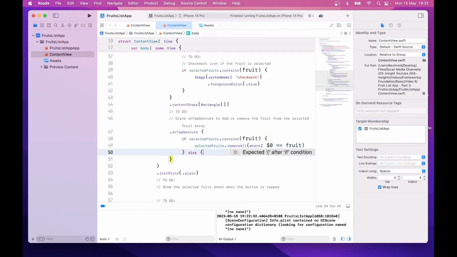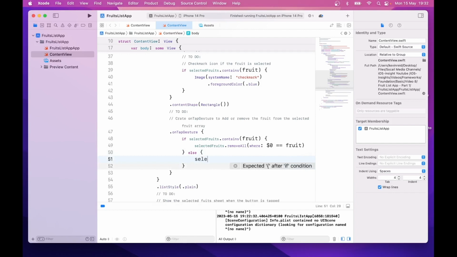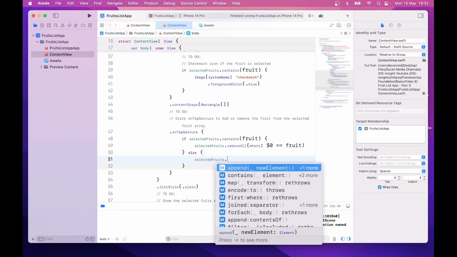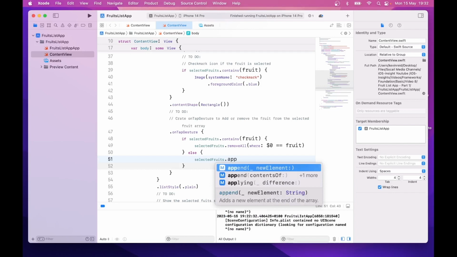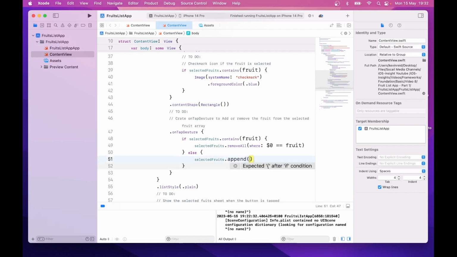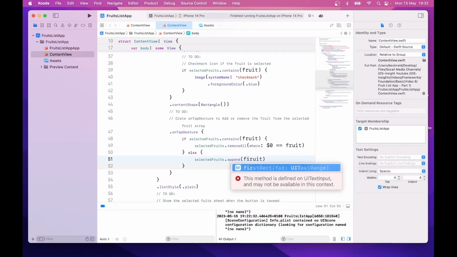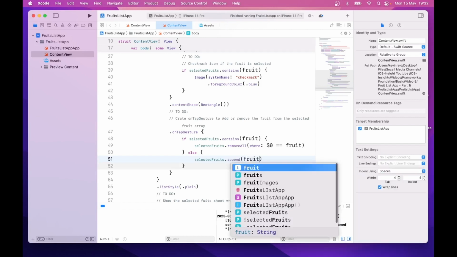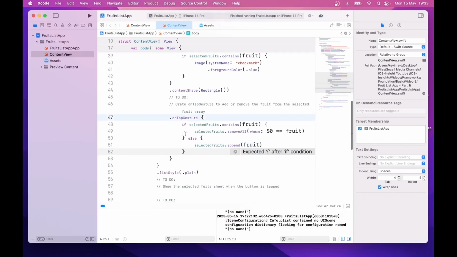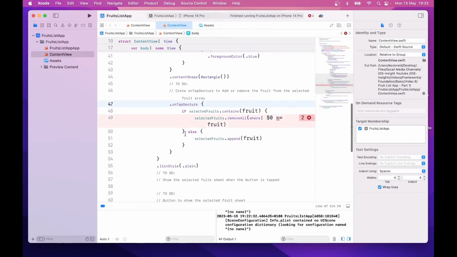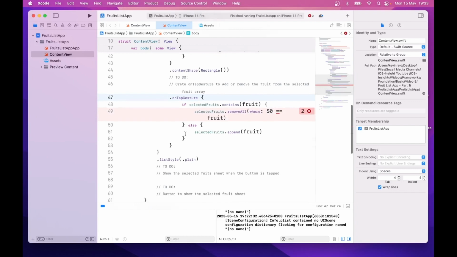Else selectedFruits.append(fruit). And then